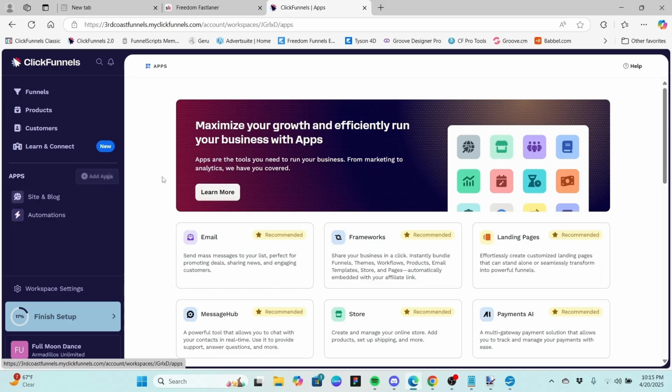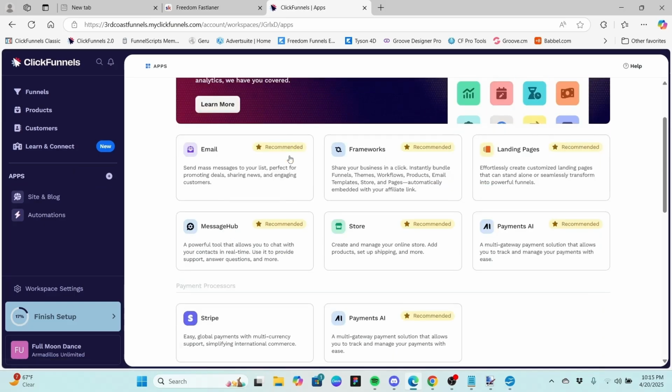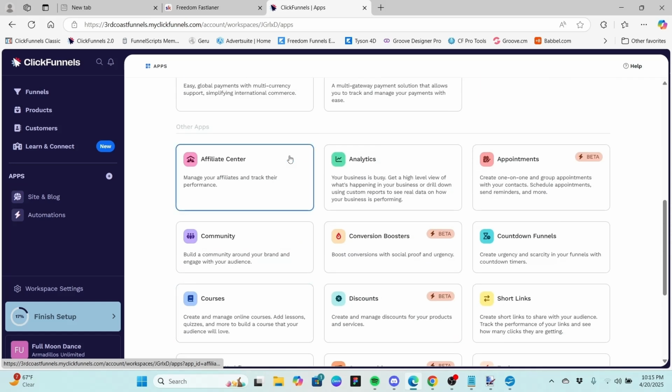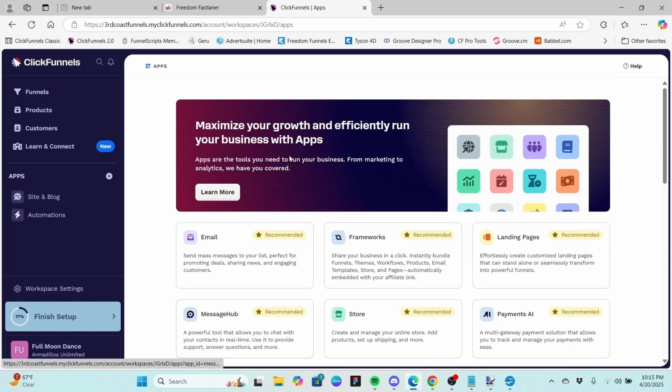You can see here that most of our apps are available, and we haven't installed them yet, and it may be some time before we get around to some of them, because right now I don't even have Payments AI set up, and I'm not going to probably do that for a while because this is going to be sort of a test account. But anyway, for today's video, we are going to be looking at one of the apps,